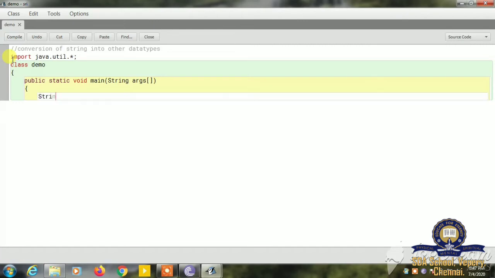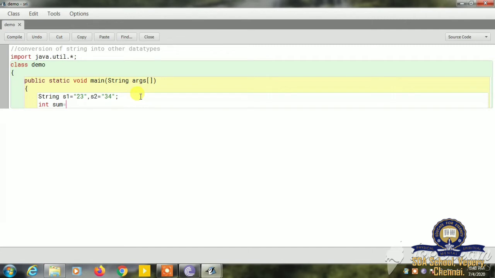I'm declaring two variables. One is s1, s1 is equal to "23", comma, s2 is equal to "34". See here, both variables have the same data type, that is String. A string means it's a collection of characters enclosed in between the double quotation. Now I am going to do one calculation with these two variables. I am using the integer data type.